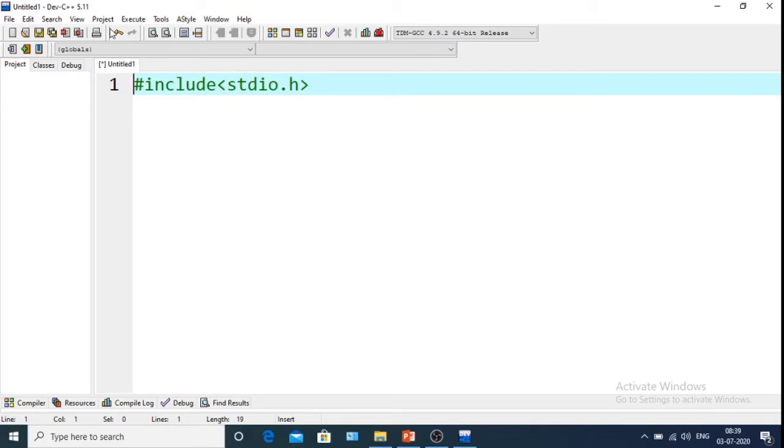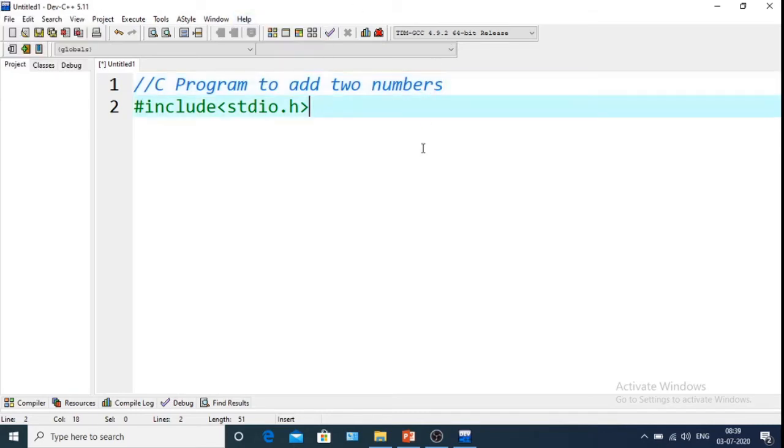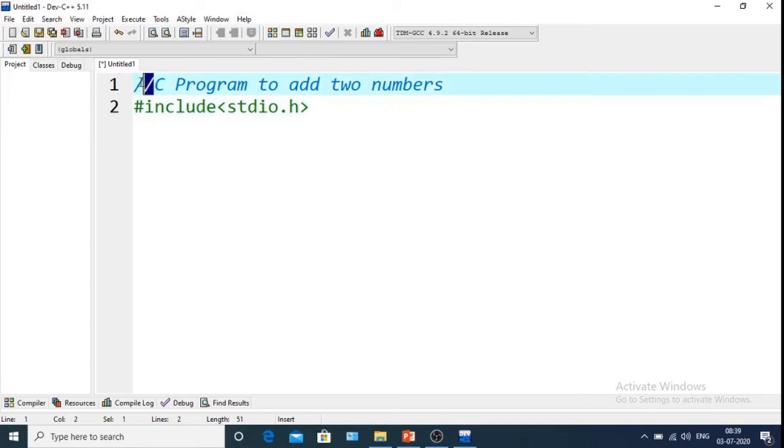So if I want to write the programmer name or whatever the program is, we can write it like this: C program to add two numbers. Okay. So this line will not affect our entire program, as it has been assigned as a comment. So this is a single line comment.